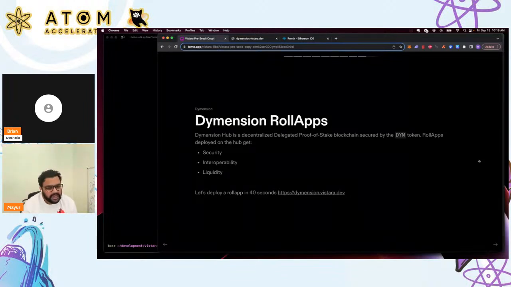So Rollapps are just interactive applications for the Dimension network. Like any other web app, each rollup is fully customizable. You can build games, DeFi, NFT projects, and many more.